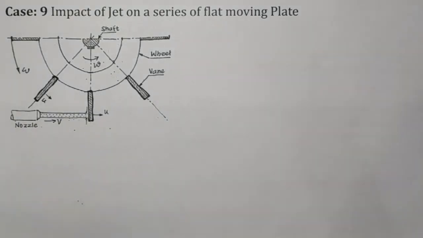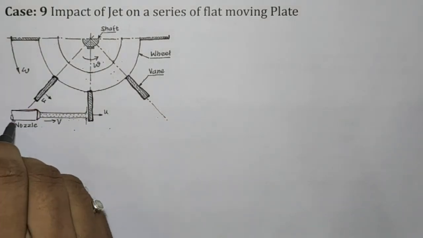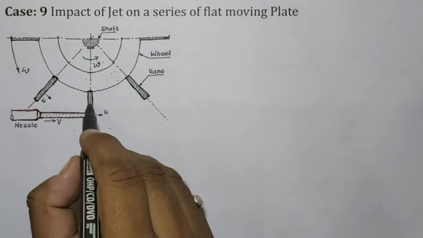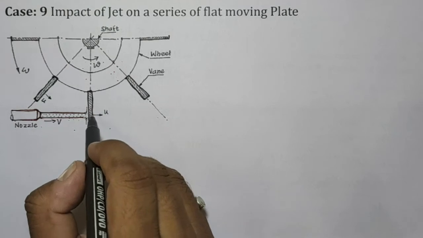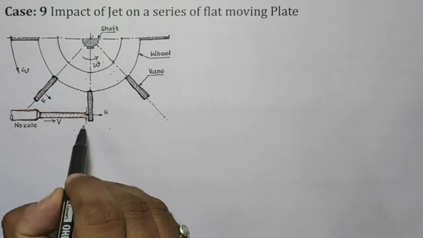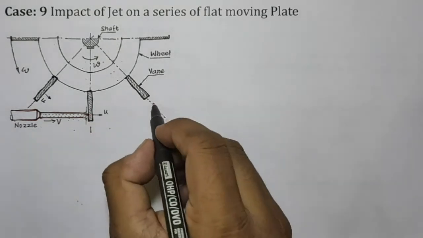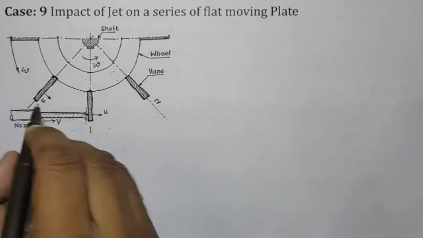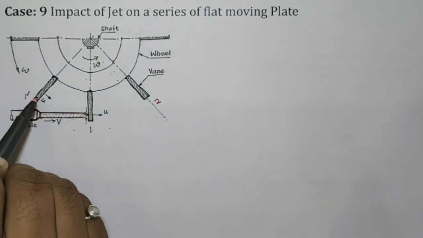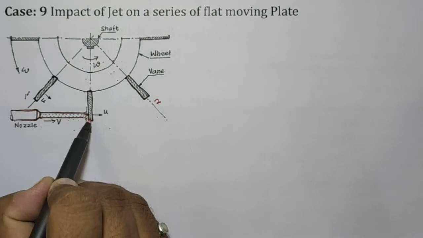So what will happen? The situation is similar to our previous cases. We have a nozzle, water jet is coming through the nozzle, and that jet is going to strike this particular plate. The plate is free to rotate with this wheel, so after application of force in this direction, the plate is supposed to displace from location number 1 to location number 2, and the next vane, 1 dash, is going to replace the plate which is at location number 1.